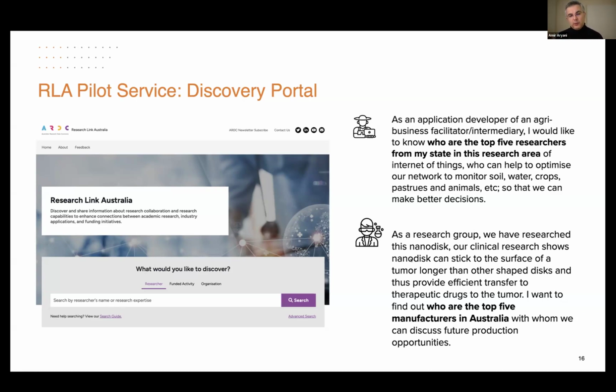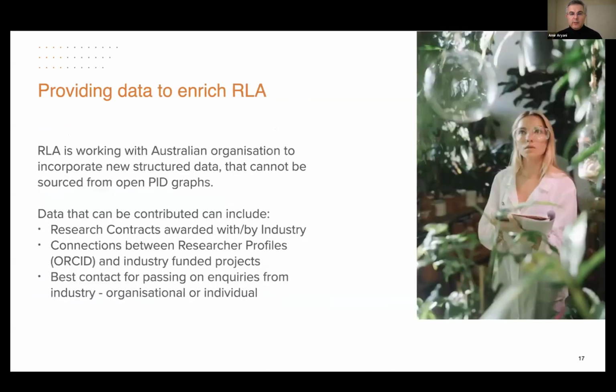So the discovery portal is a really human user interface to the graph that could be accessible. ARDC is currently, to my understanding, working with other partners in Australia to collect the data that are not available to the PID graph. That provides a gateway toward the information related to the contract research projects, or projects that are public, but the information is not structured in a way that is linked to the ORCID or other PID